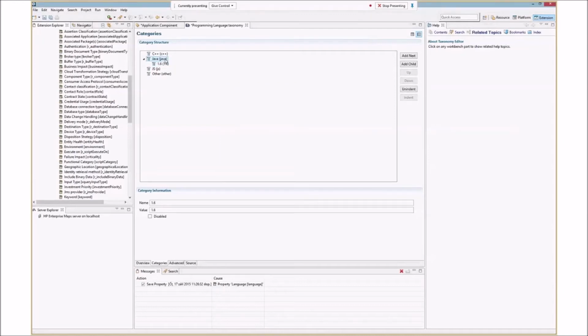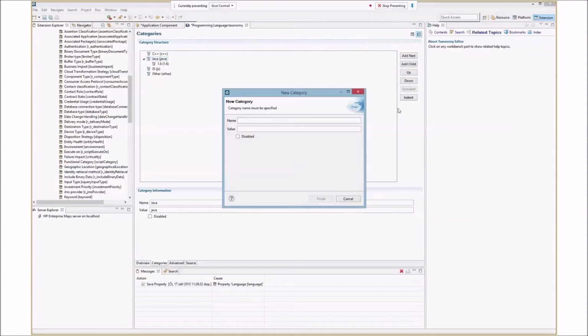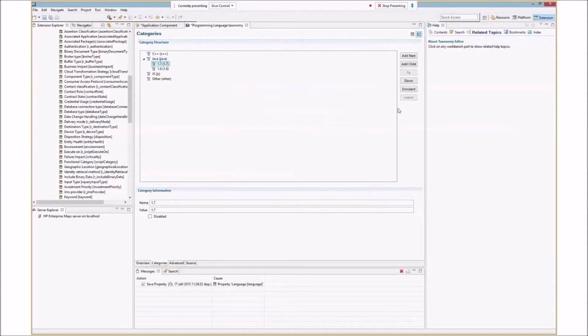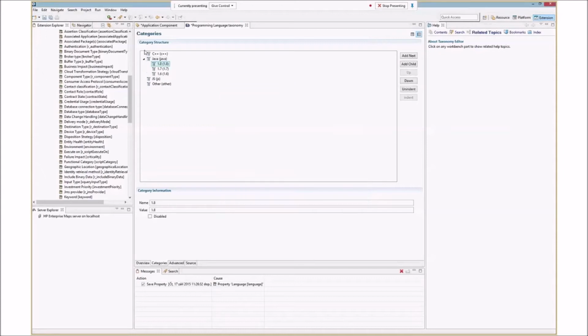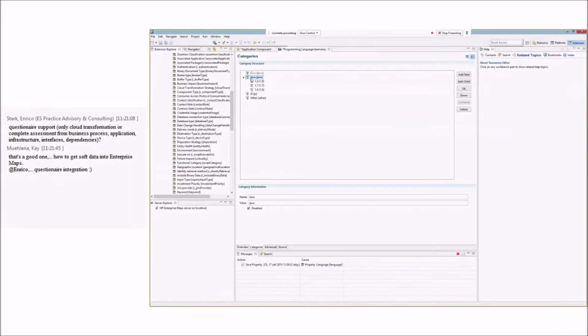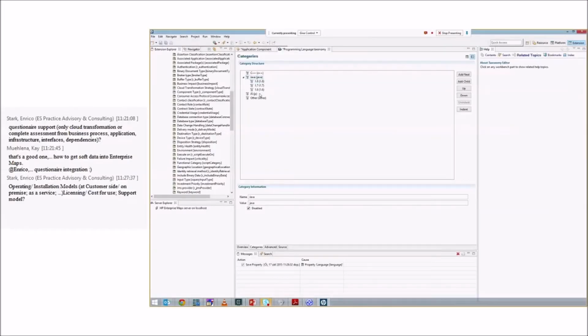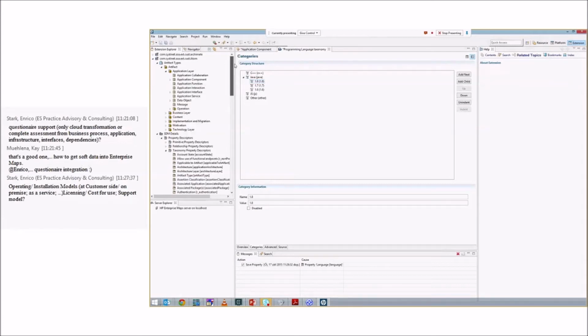And in case of Java, I will also add another child, which will be 1.7 and 1.8. So now, if you apply this change into Enterprise Maps, it will automatically create a new attribute which will contain these values. And in case of Java, I will disable this option, which means you can select only the version of the Java, not the Java itself. Okay? So this is the way how you can build new properties,